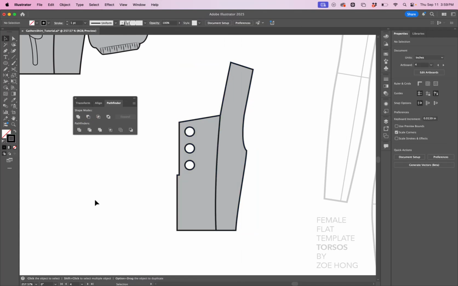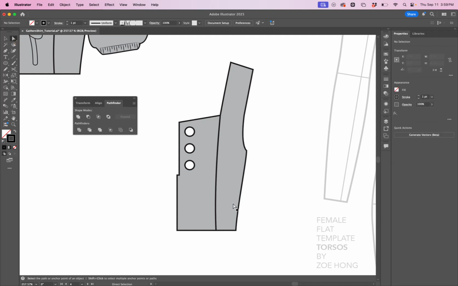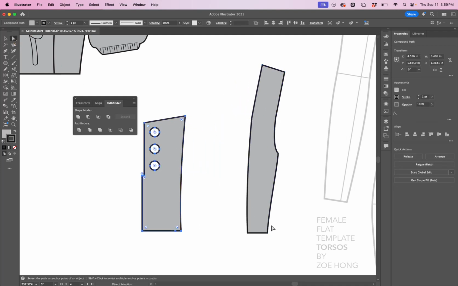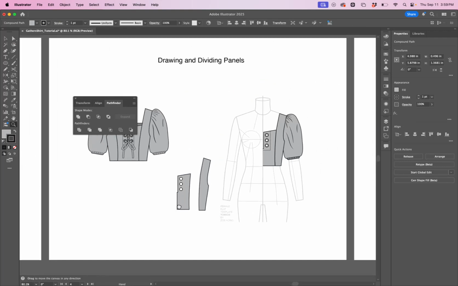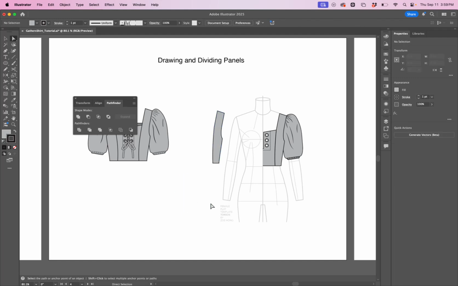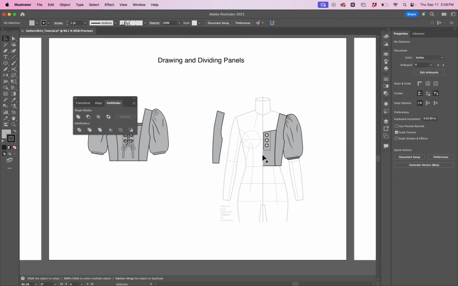Now, it doesn't look like a whole lot happened just there, but when I use my white arrow, I can see that these are now two different shapes. And the only shape that I need is this panel right here with the strap. So I'm going to delete this panel, and I am actually going to delete this seam line I just drew over here,